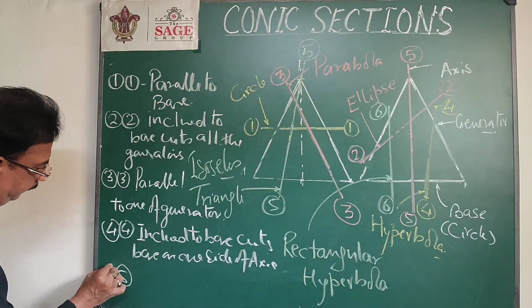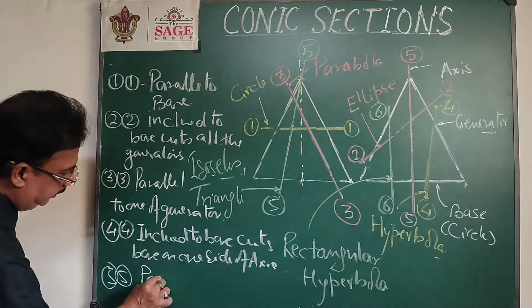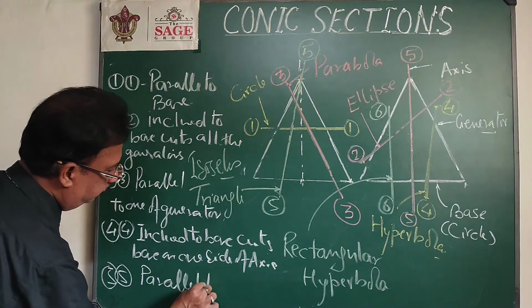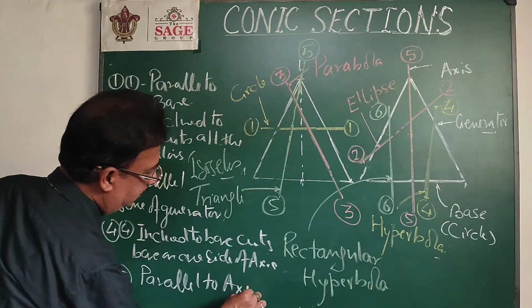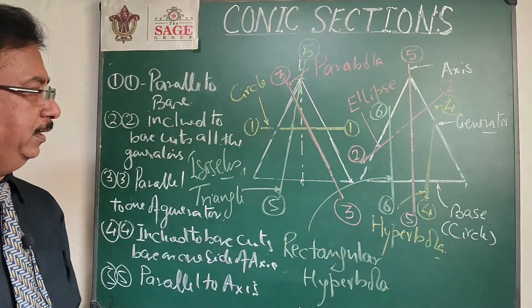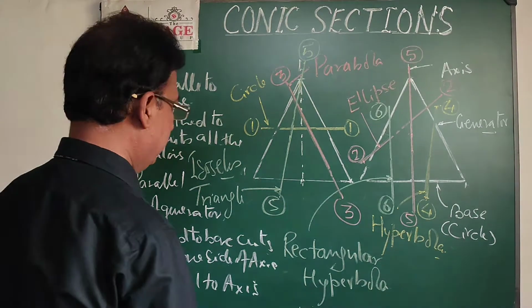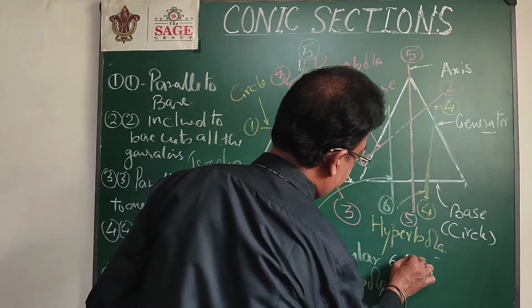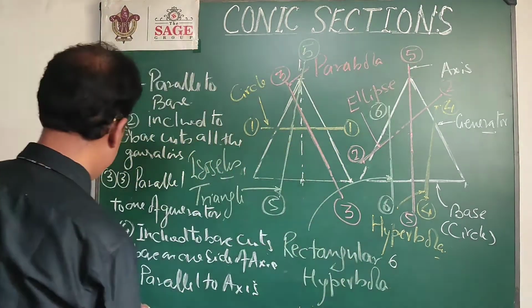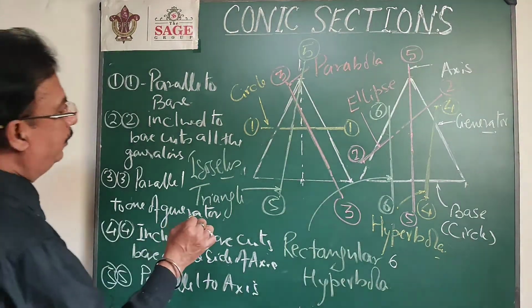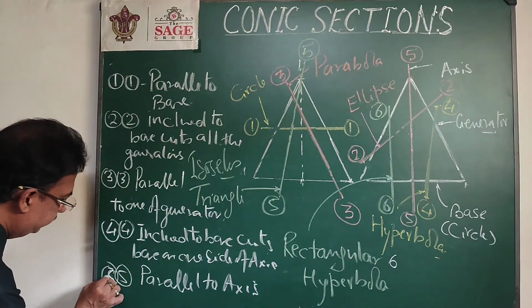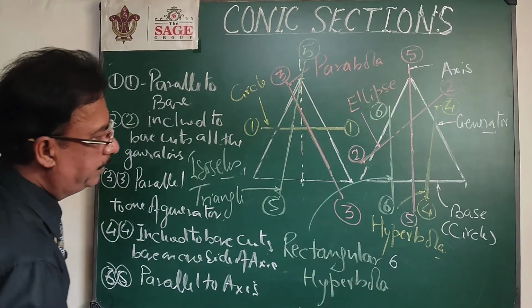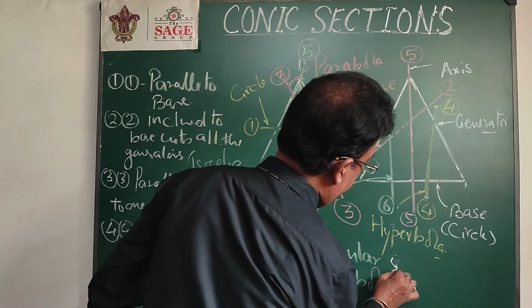And section 5, the section plane is parallel to the axis. This time we get the rectangular hyperbola. And the last case, that is 6, sorry, this will be 6, and the 5 case will be